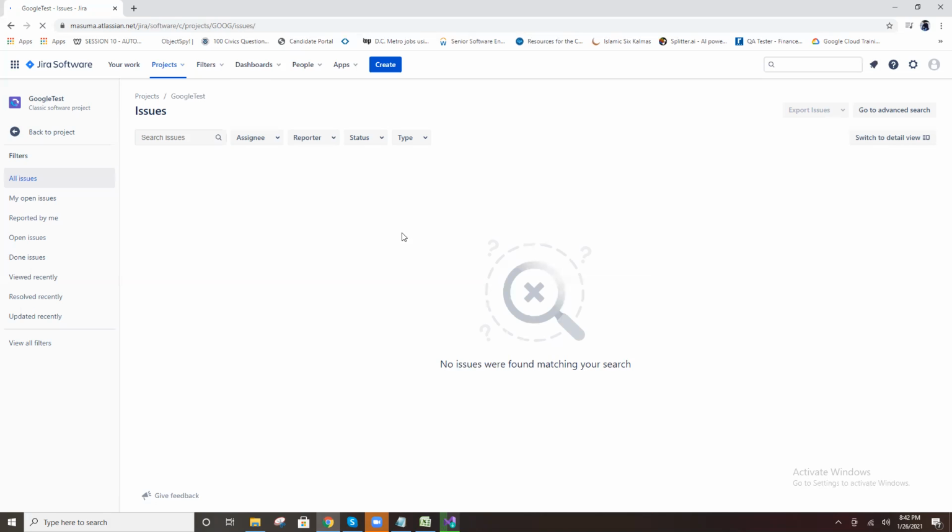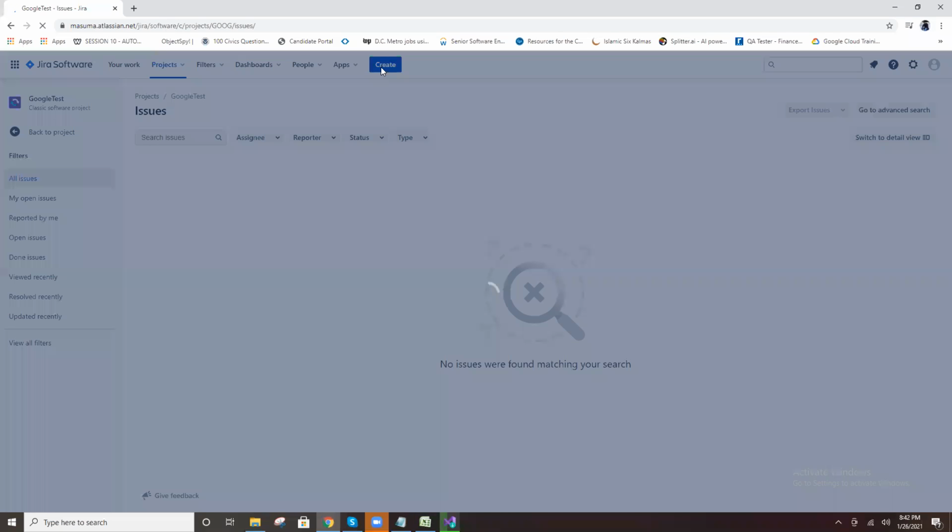First you identify one bug. Just create, there is a create button. Select the create button.